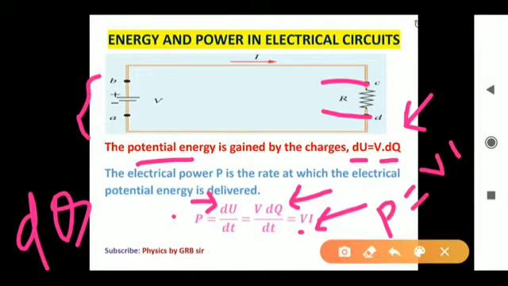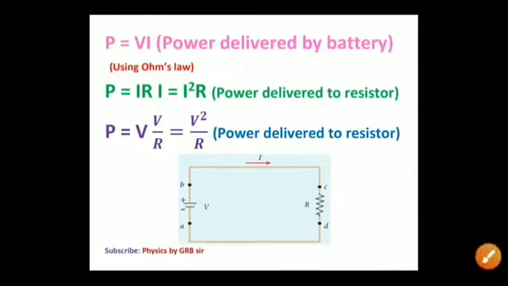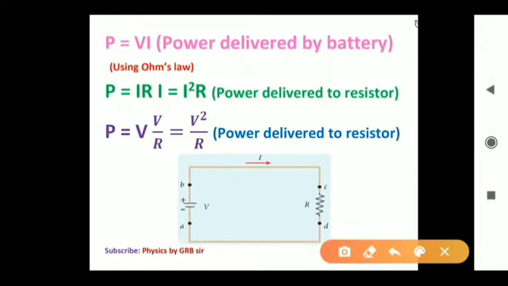Commercially, the electrical bulbs used in houses come with power and voltage ratings such as 220 volt, 30 watt; 220 volt, 60 watt. This voltage rating refers to AC RMS voltages. For a given bulb, if the voltage drop across the bulb is greater than the voltage rating, the bulb will fuse.